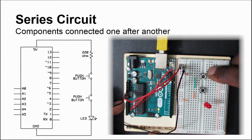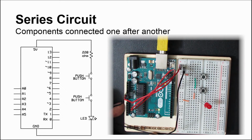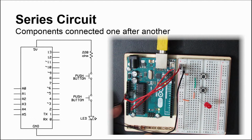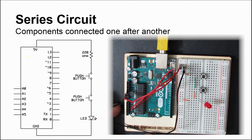So you might be thinking there's something wrong with my circuit. Well, let me take a second to actually explain. This is hooked up in series. So let me explain to you how a series circuit works. If we go back to our schematic diagram here, if you look at the way that these push buttons are connected, in a series circuit,